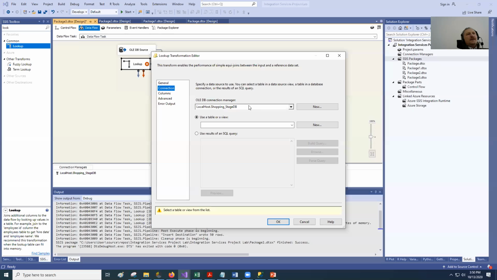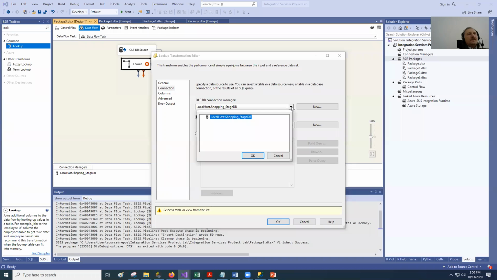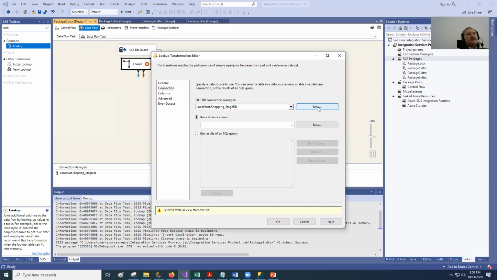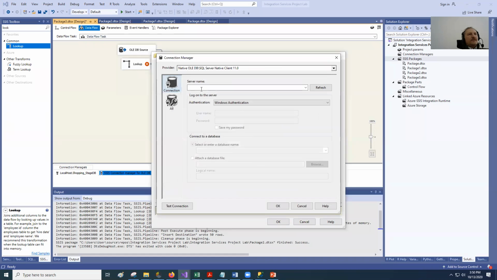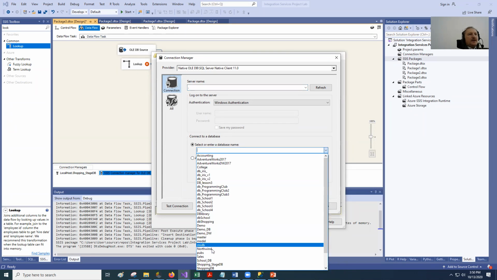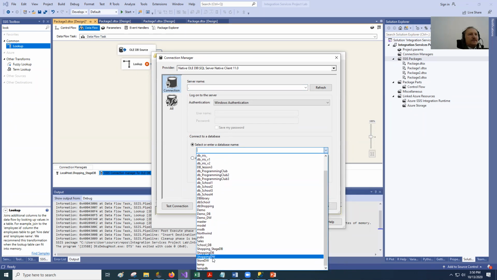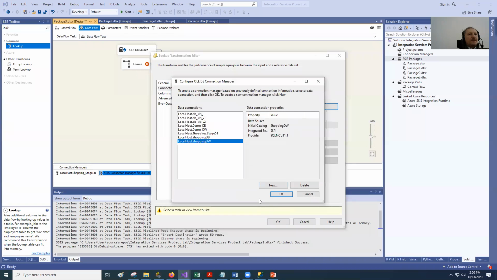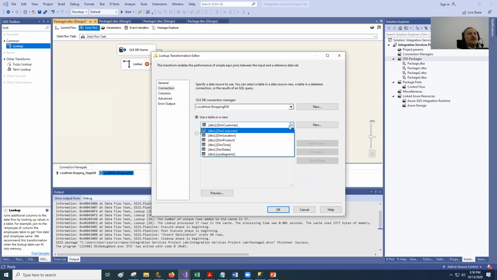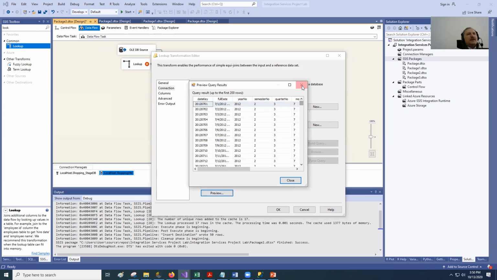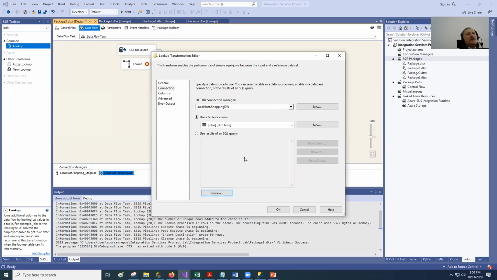Connection to where? Not the stage database, to the data warehouse. Data warehouse. You can do it like that. You can bring everything here, but we don't need everything because we are looking for a lookup